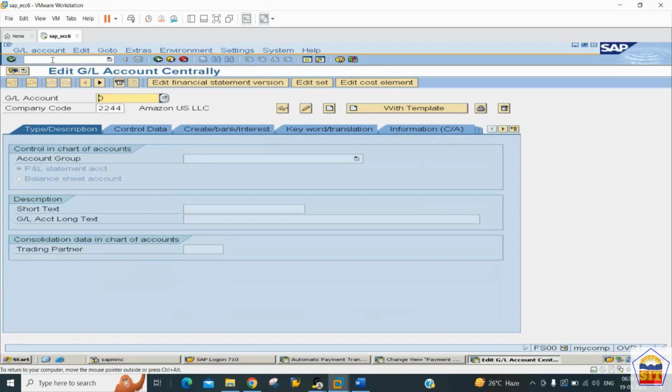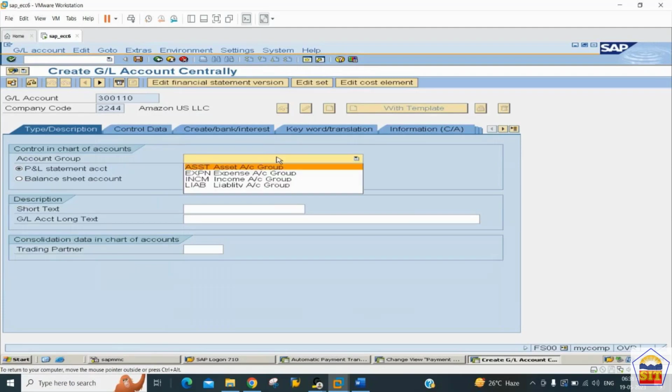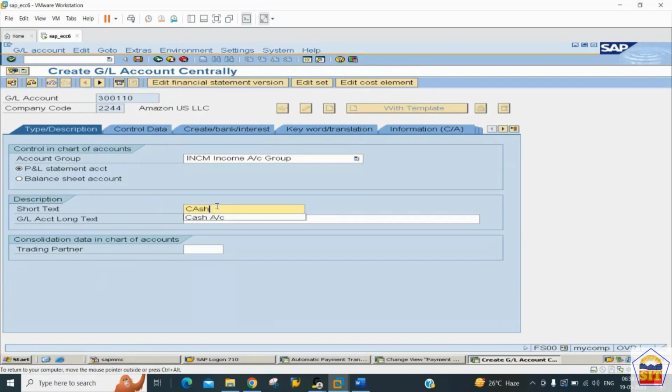For the income, we have the range starting from 300,000 to 399,999. So let's have here the GL number as 300,110. Click on the new entry button. Then the account group is income, type is P&L. This is cash discount received